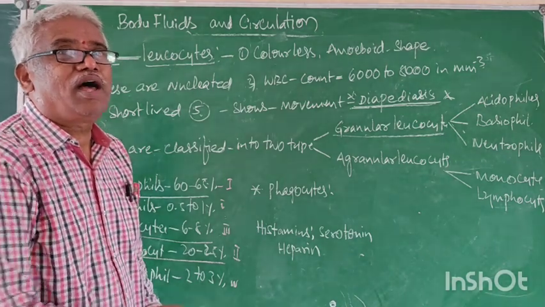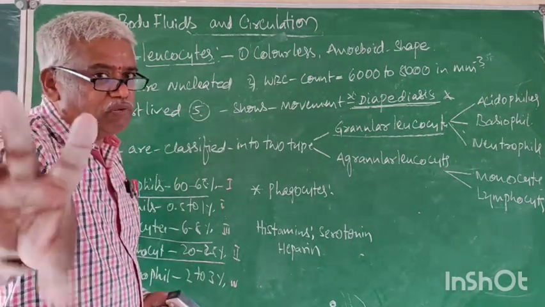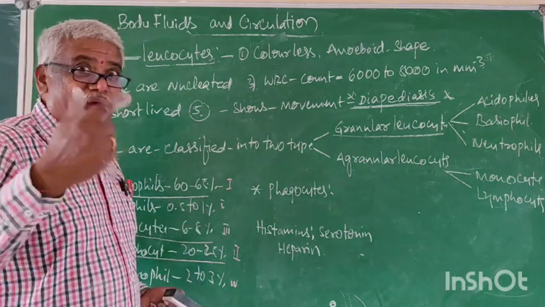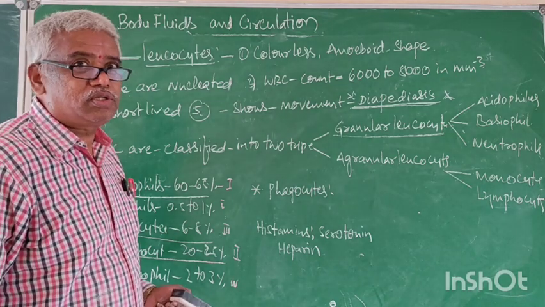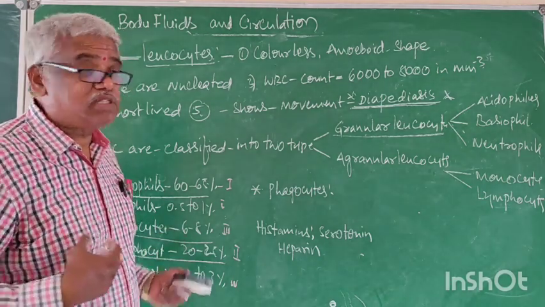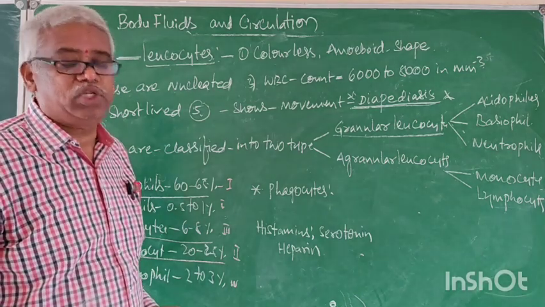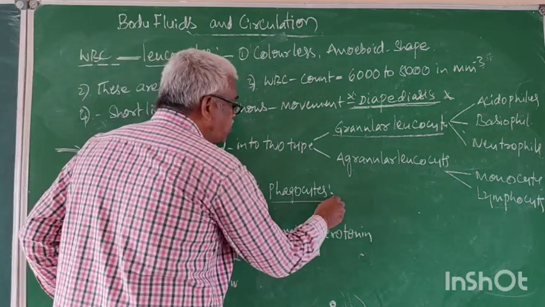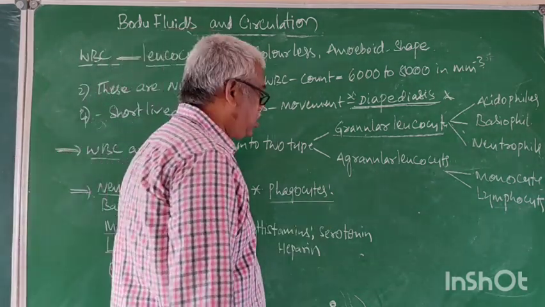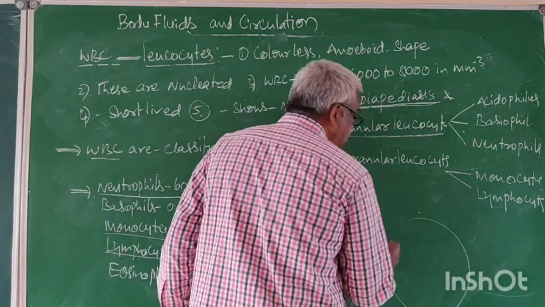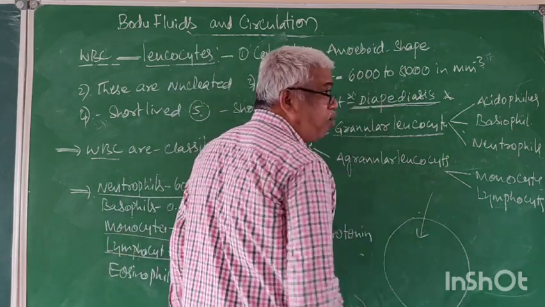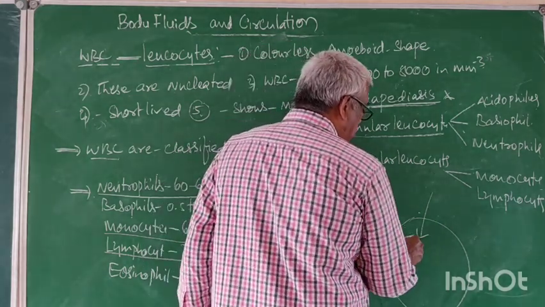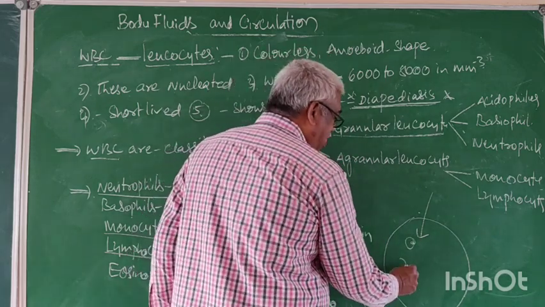What is the function of these cells? All help in defense. If any foreign bodies enter the blood, they will be attacked, and due to this, we never suffer from diseases. Hence, they help in defense and immunity. But there is also a specific function. What is this? Phagocyte. Suppose any harmful bacteria, foreign molecule, or pathogen enters the body. Now, a cell